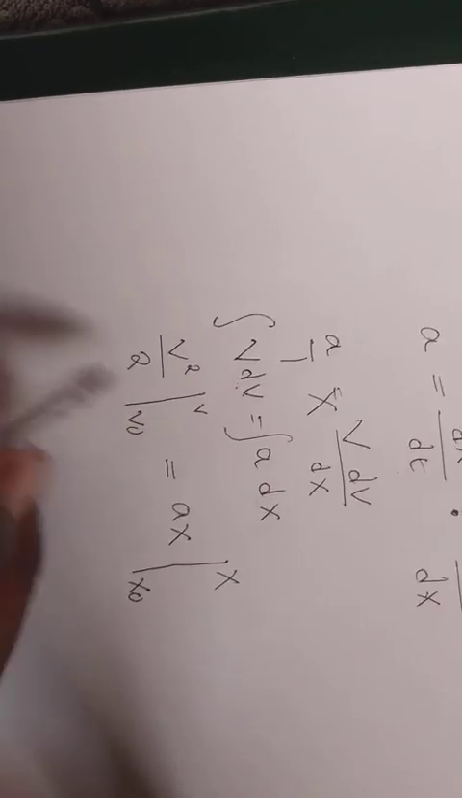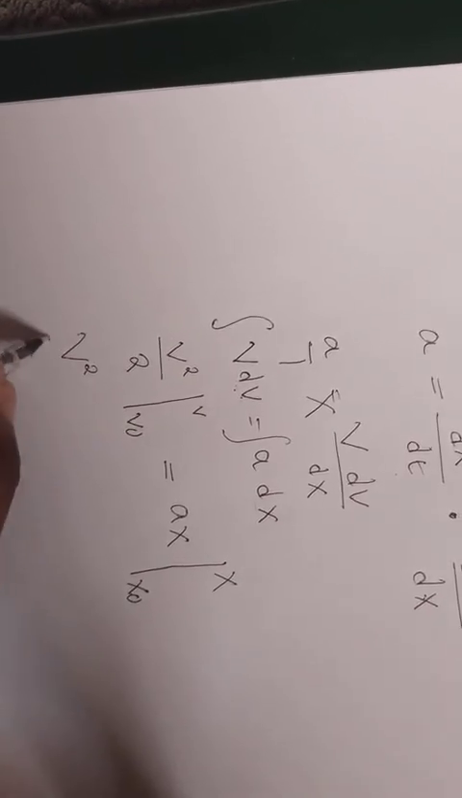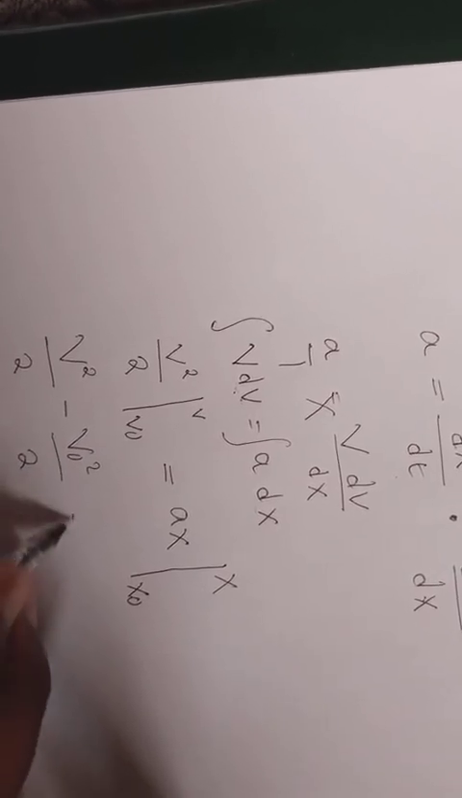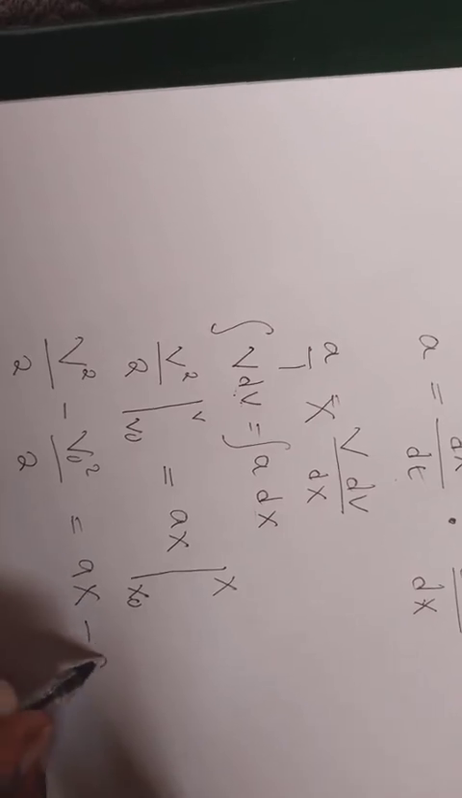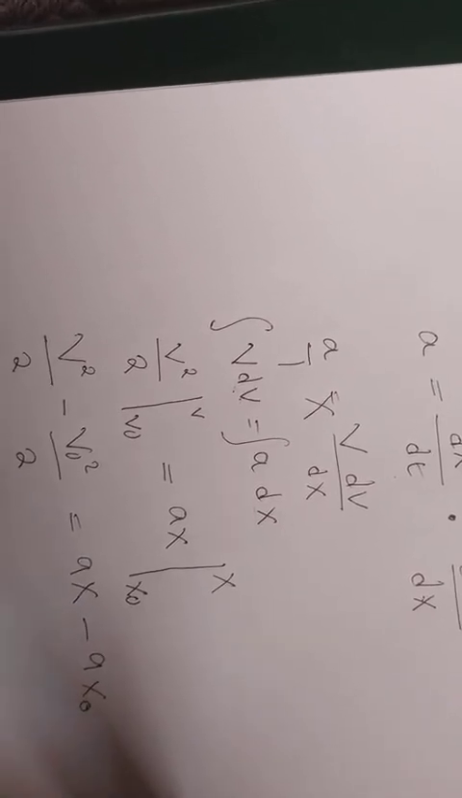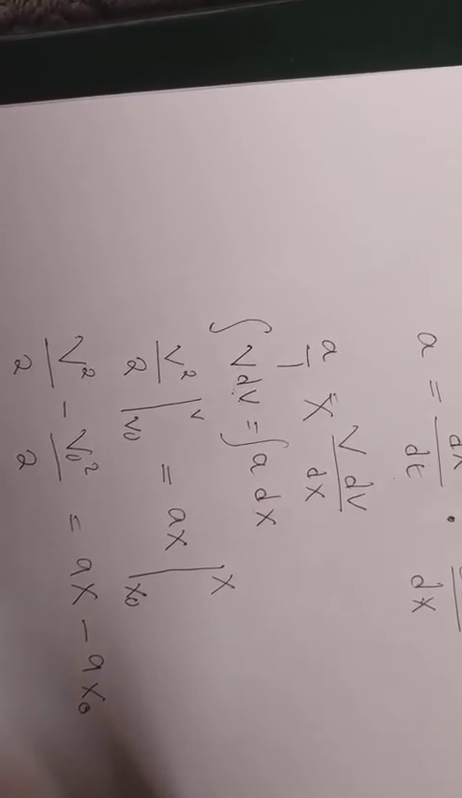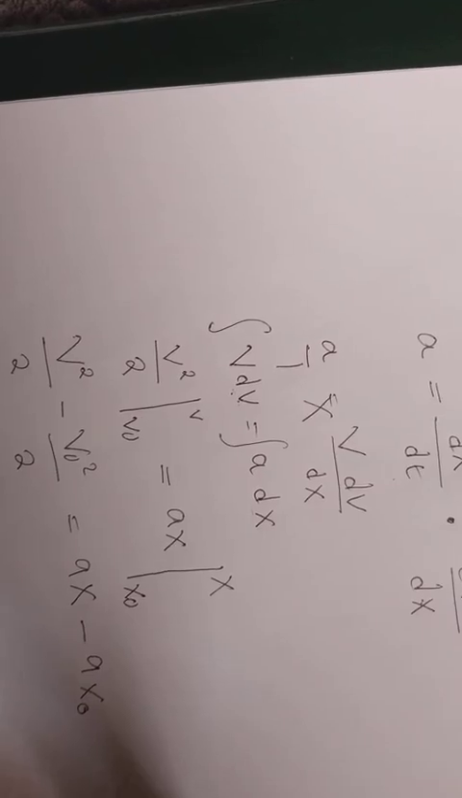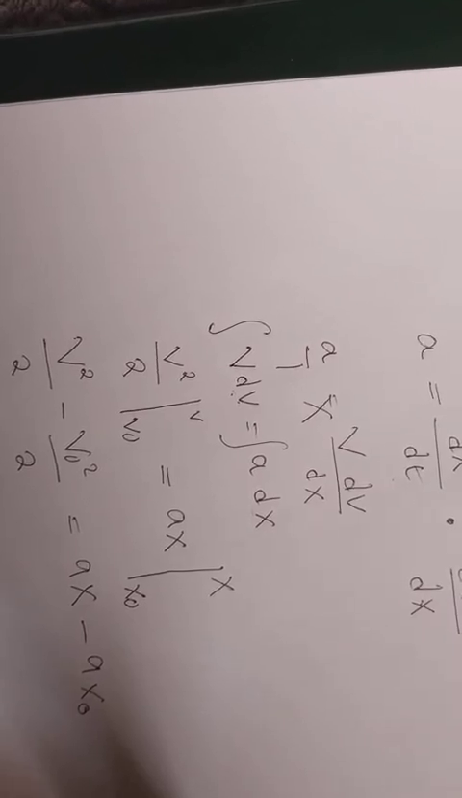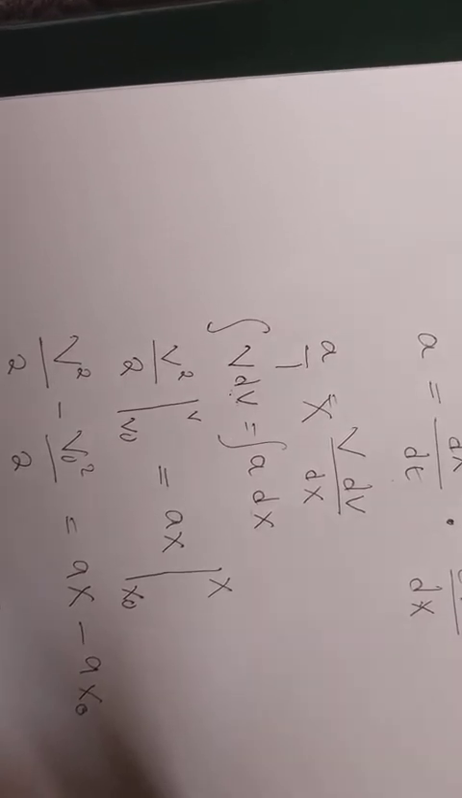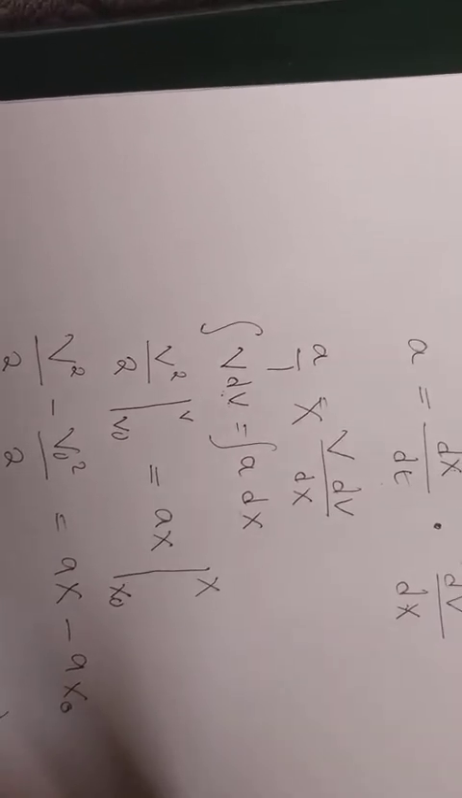Okay, so if you do upper limit minus lower limit, you get v squared over 2 minus v0 squared over 2 is equal to ax minus ax0. So now what you're going to get is v squared over 2 minus v0 squared over 2 is equal to, if you factorize the a, you get a times x minus x0. So you can multiply